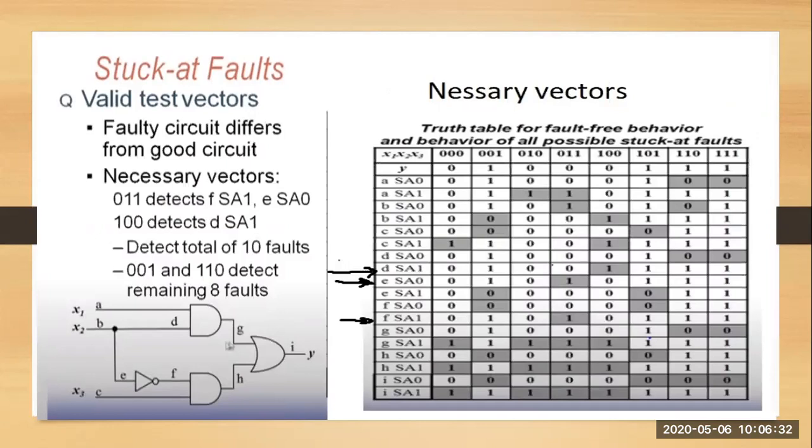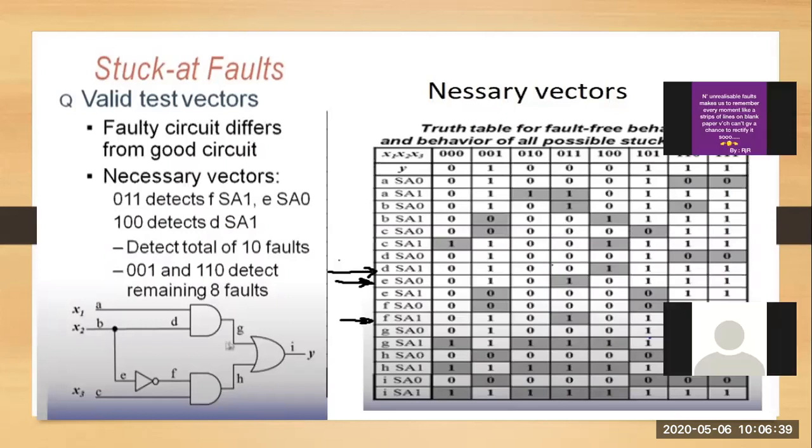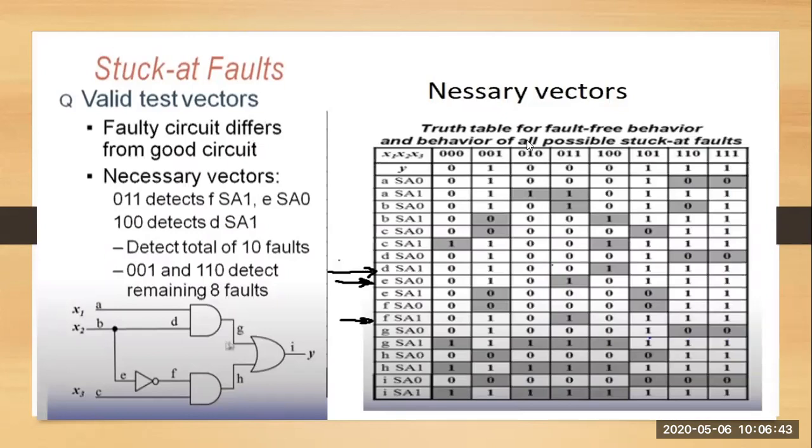Within all these circuits, we have to identify all the possibilities of faults. We are going to represent the faults, and we get a very small number of faults from the output side. Here we have an arrow indication showing that there is only one fault: D stuck at 1, E stuck at 0, and F stuck at 1. You have only one possibility of a fault occurring at the output side.